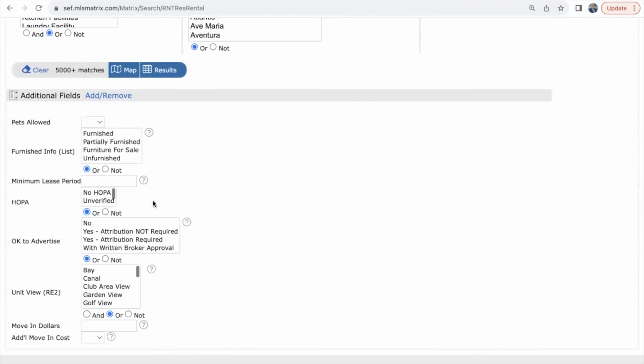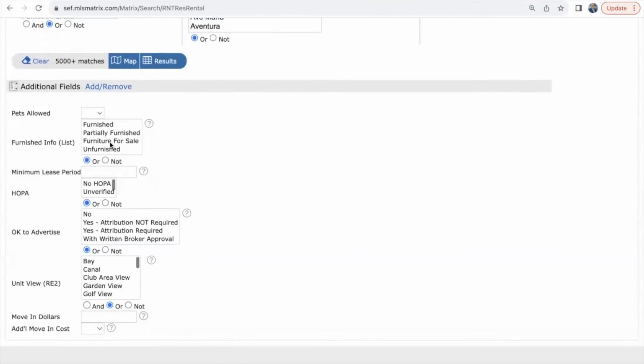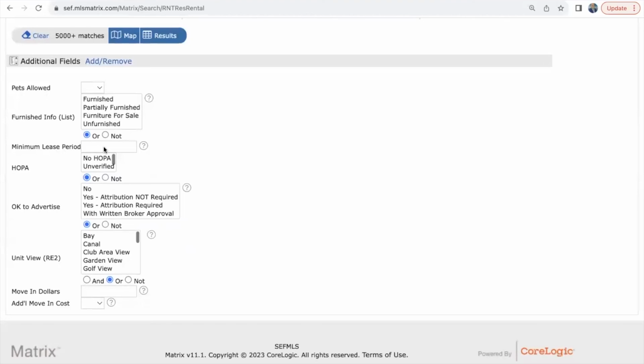Guys, the additional fields are a little different for rentals. Of course, you want to add pets allowed, but you also want to add furnished info. Many people would like to rent property that is furnished, so you want to add furnished info. You also want to add minimum lease period. So what's the minimum days the property can be leased? You also want to add, very important, move-in dollars.